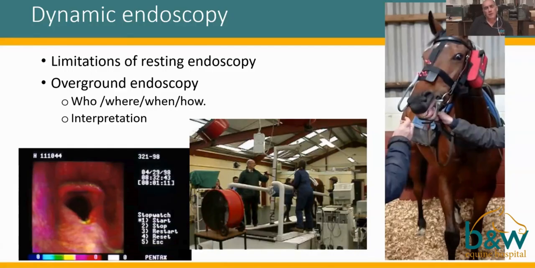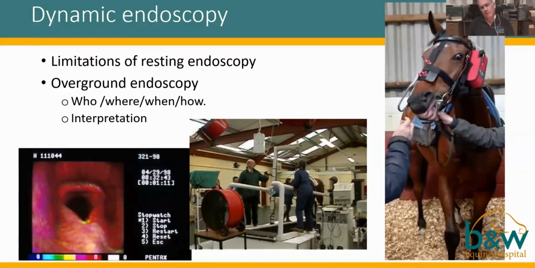The disadvantages are, and I think we don't want to forget about these, that it measures an awful lot less than we used to on the treadmill. It basically just gives you a visualization. There is some microphone recording, and if they have an ECG, it can be corresponded with what they're doing at ECG and their respiratory pattern as well. And there are some people that do that, but a lot of people just bung on an overground scope and